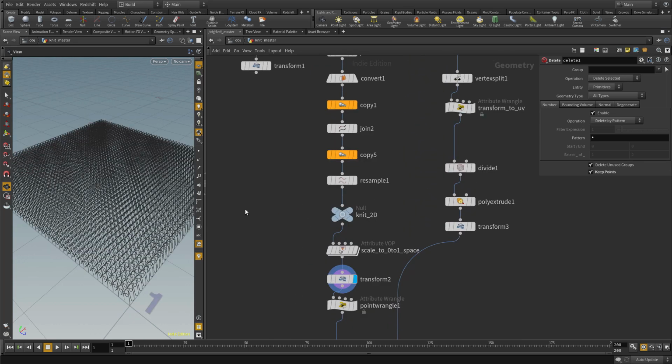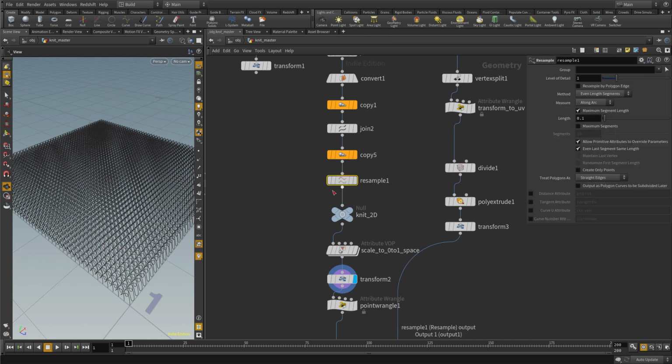This geometry from the very first geometry stream comes to our rescue, because this geometry exists in 3D space and our points exist in the same spot as these primitives here. So we can use these primitives to order the points, and we can do so by using an attribute called curveU. If we go to the initial resample we created in the very beginning of this tutorial, we can turn